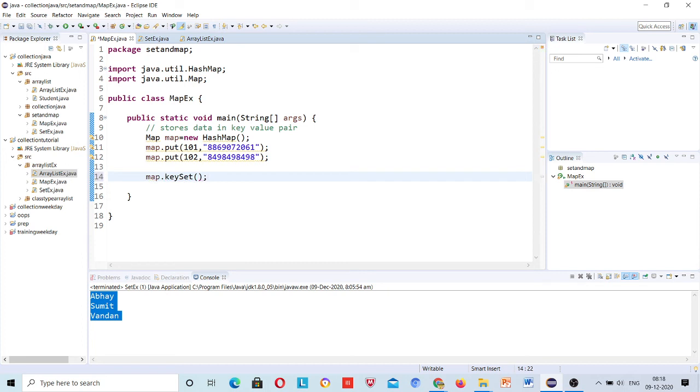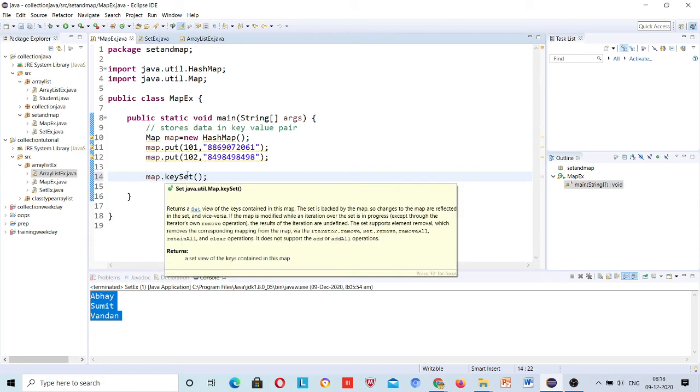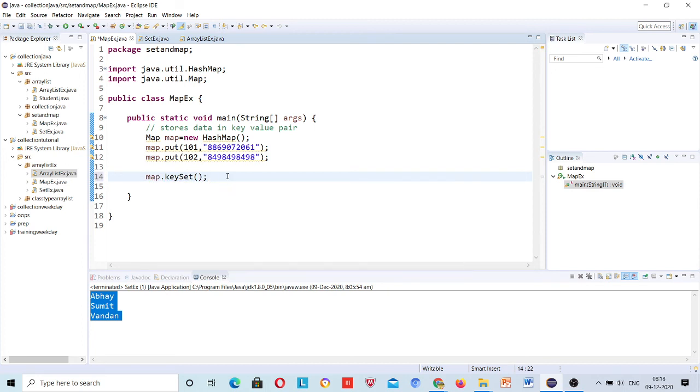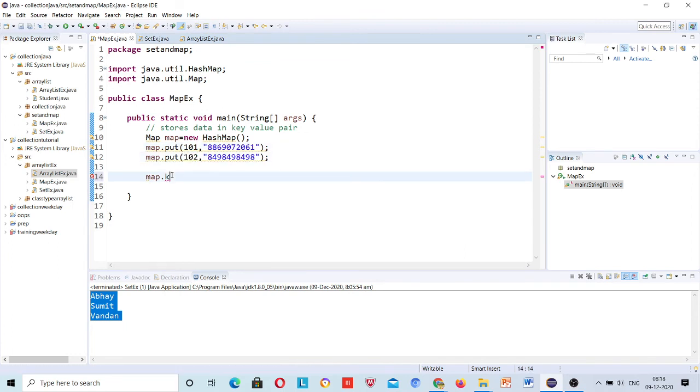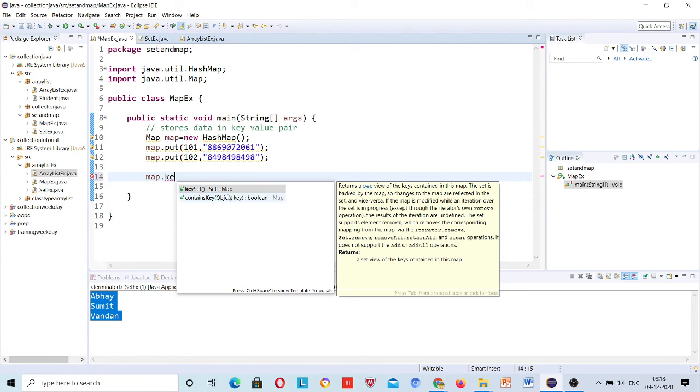Move your cursor over here, or just do one thing: map dot key set, and what is it returning? A set, right? So it will store all these keys inside your set.